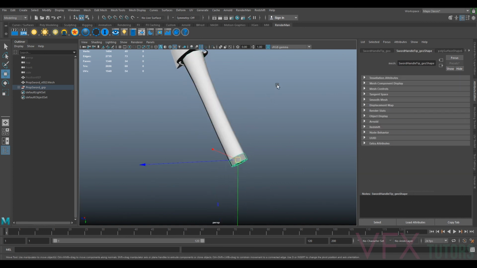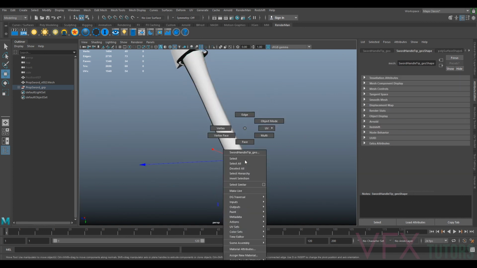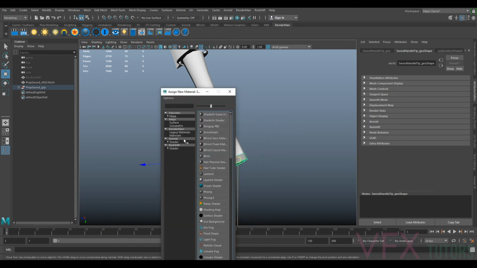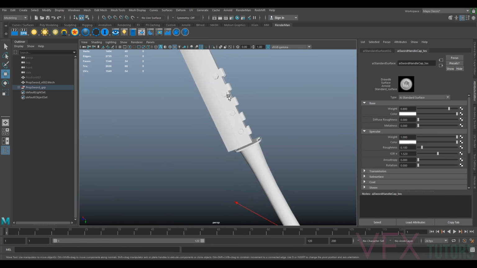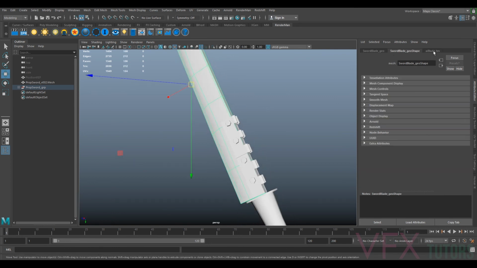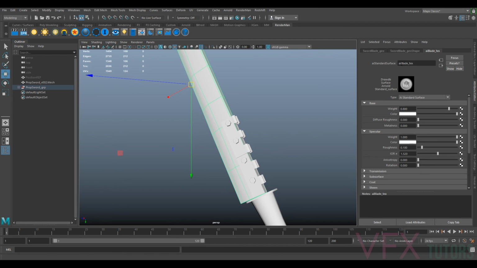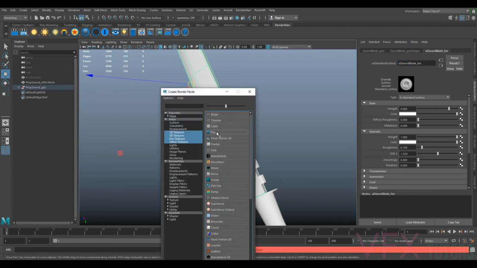I think this is actually called the hilt. We could just call it cap. Cool, so let's just select our blade, go to AI, let's call it sword blade. And we can just go to color, go to file,